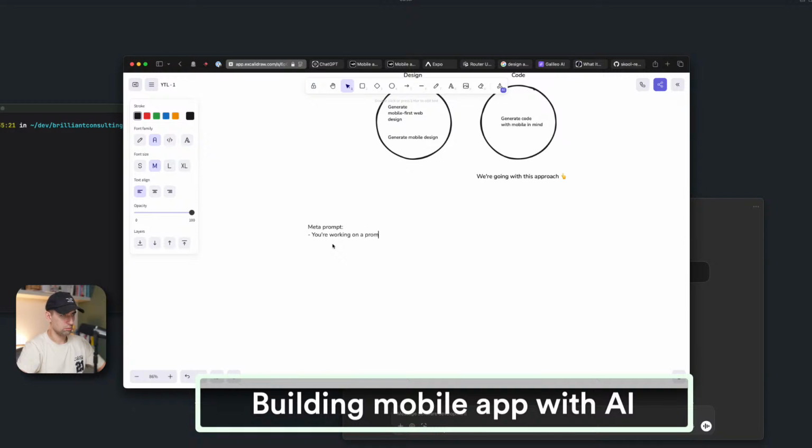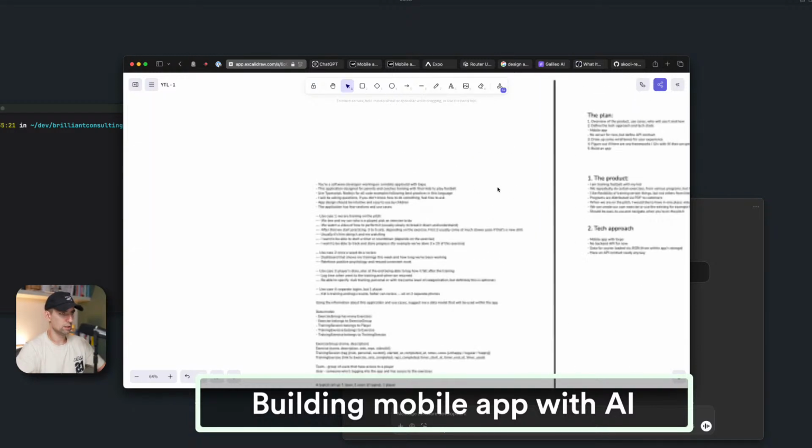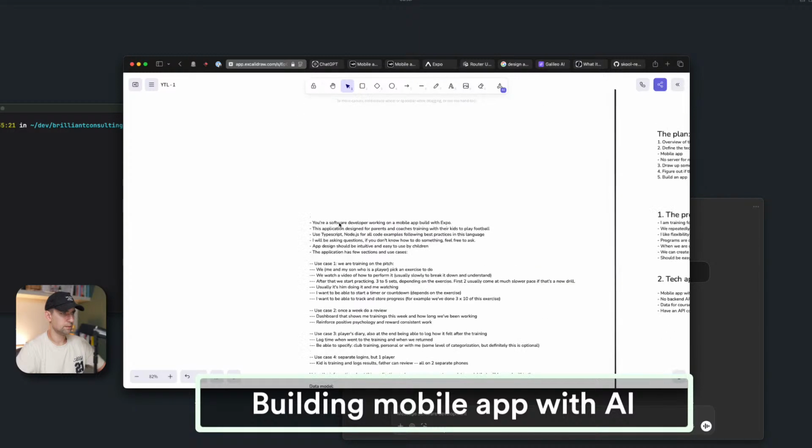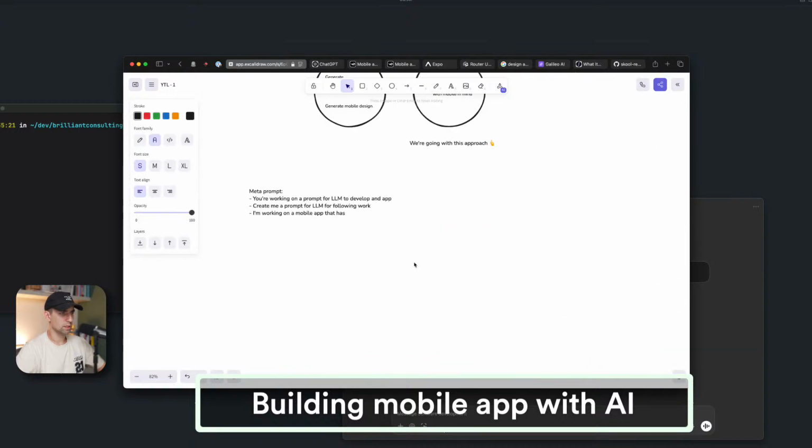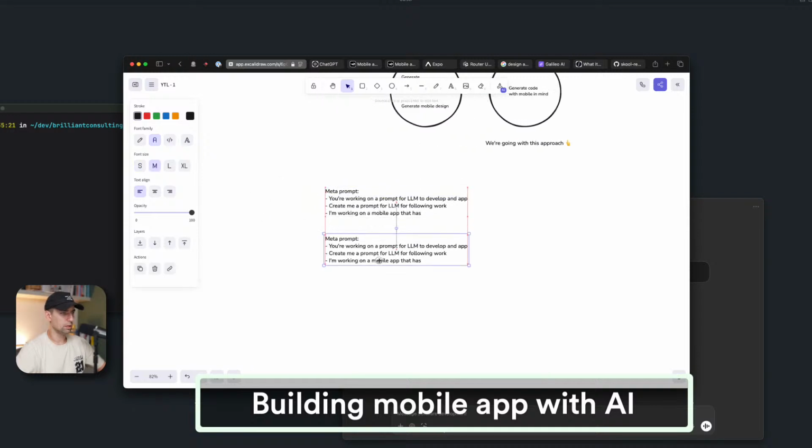Working on a prompt for an LLM to develop an app. Create me a prompt for an LLM for the following work on a mobile app that has, let's include some product vision here. Okay, let's do it from the beginning. You are